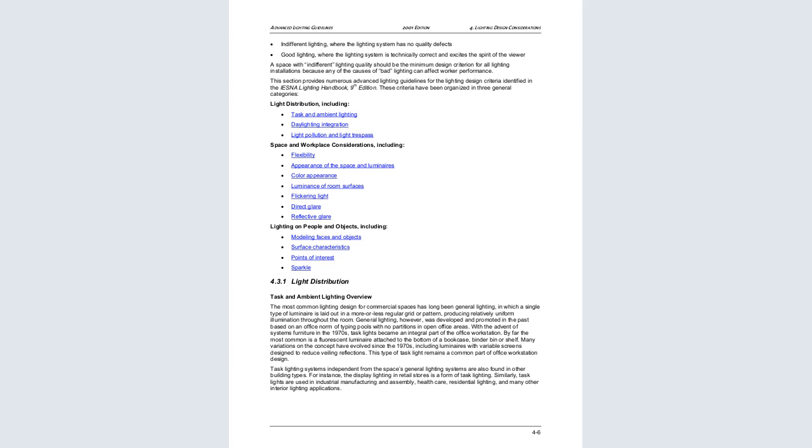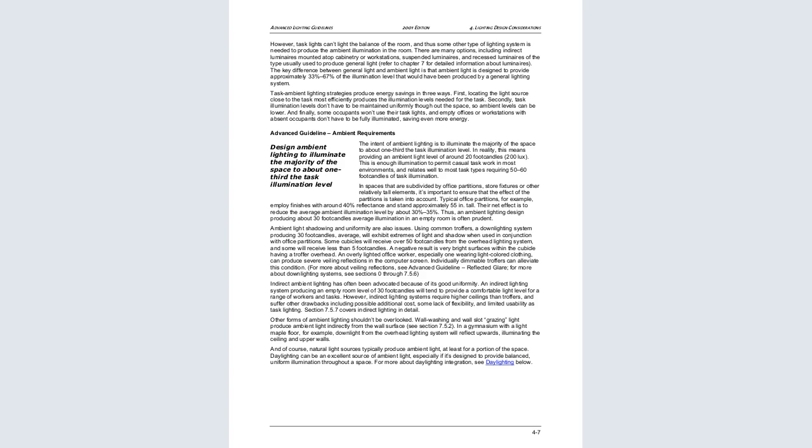And then the lighting of people and objects includes the modeling phases. Now, light distribution: it is a task and ambient light overview. The most common lighting design for commercial spaces has long been general lighting, in which a single type of luminaire is laid out in a more or less regular grid or pattern, producing a relatively uniform illumination throughout the room. So all these are very important aspects in the design